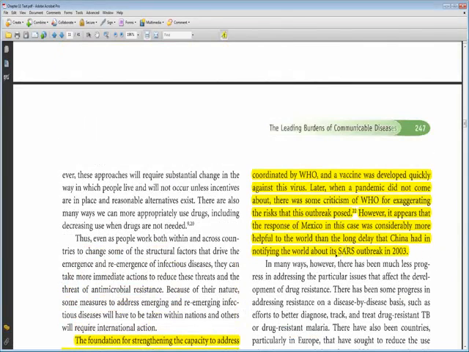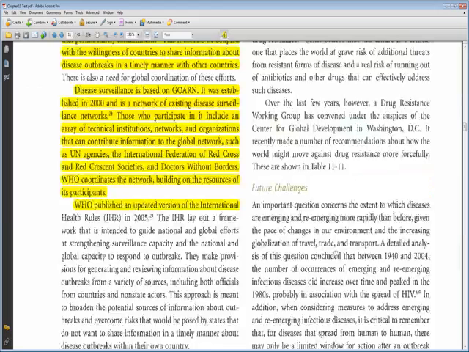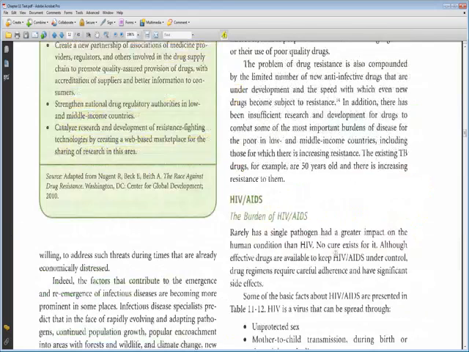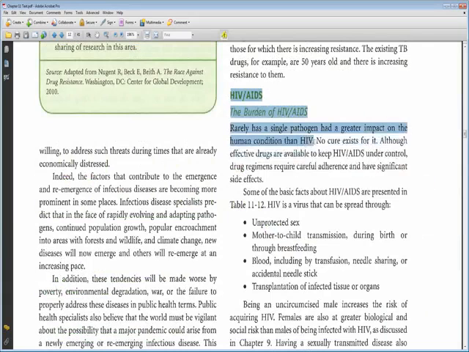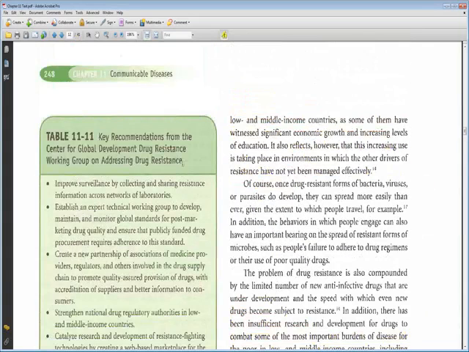Okay. Now we'll go down and start talking about some of the different diseases we're talking about. And of course, we'll start off with HIV. And probably you've heard more about this one than the other ones. So read through this. Pay attention to, let me go back up and highlight table 11:11 for you, talking about the resistance. Now with HIV,